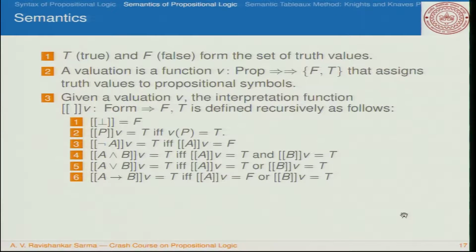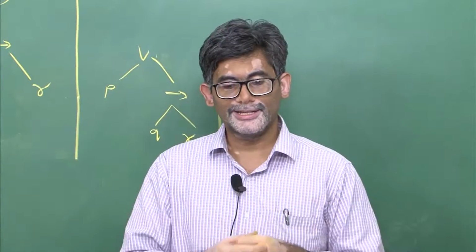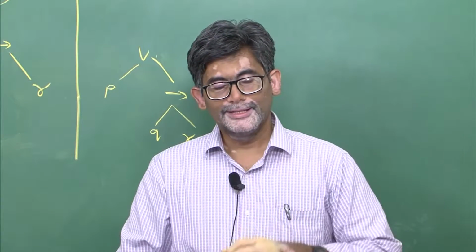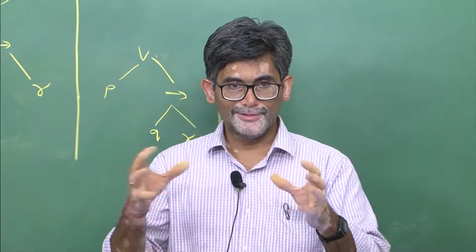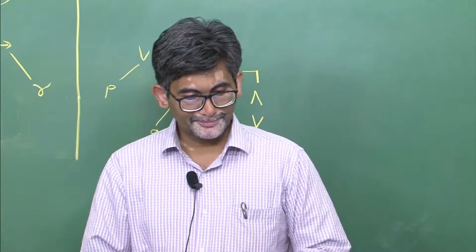In semantics, we talk about a formula which can be either true or false. There are only two truth values, since we are talking about bivalent logics. Only two values are permissible: a sentence has to be either true or false. For semantics, what we require is a valuation function which takes the variables that occur in the propositional formula, like p's, q's etc., and assigns a value. The only values we can assign are false or true.